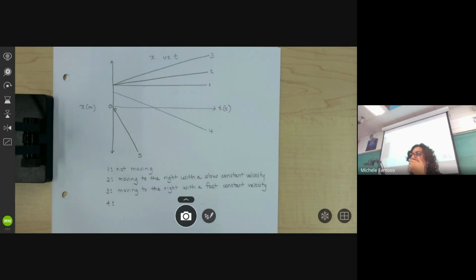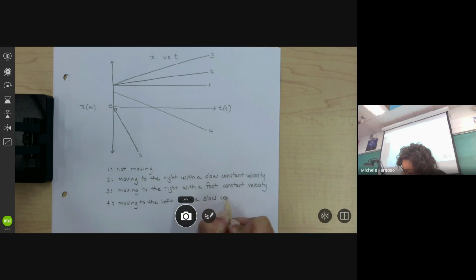What is 4 doing? It's going left. Is there anything else here going left? 5. Which one's going faster? 5. How do you know? It's steeper. So here's what we're going to do. 4, we're going to say is moving to the left with a slow, constant velocity. And 5 would be moving to the left